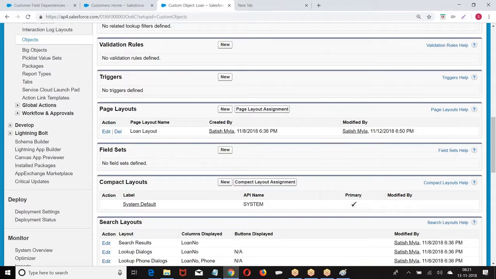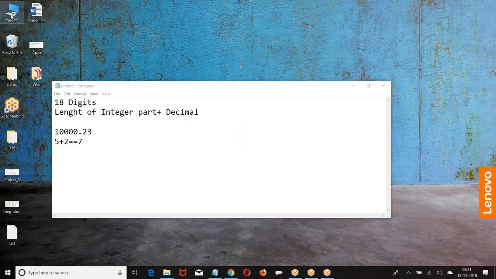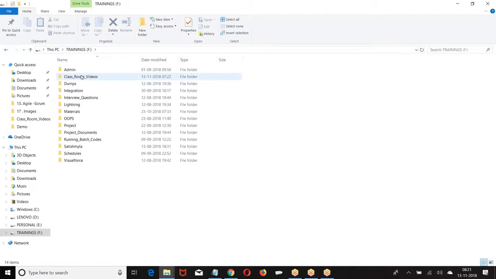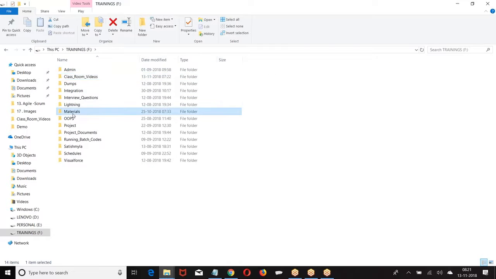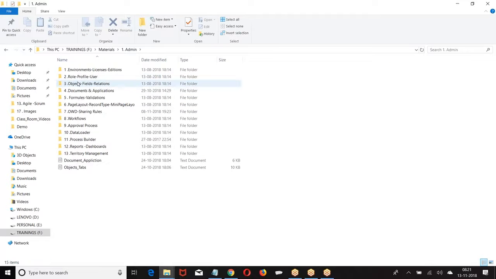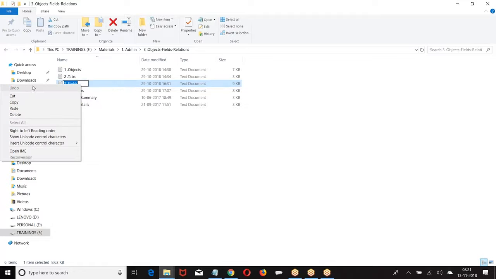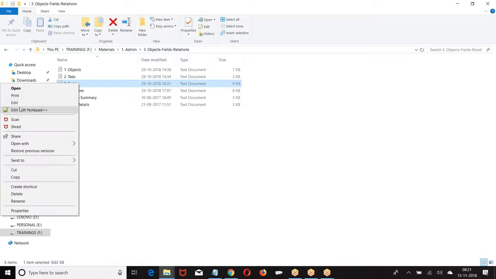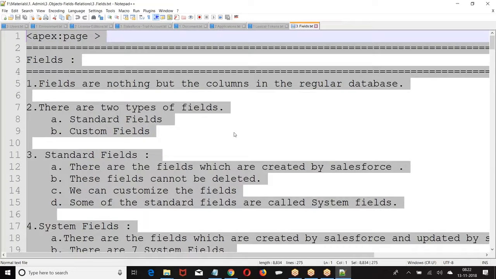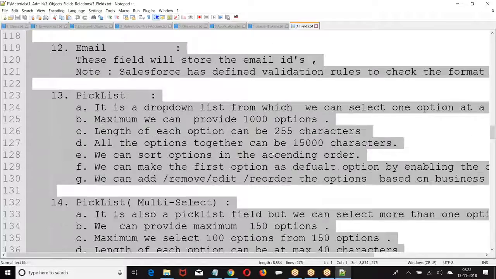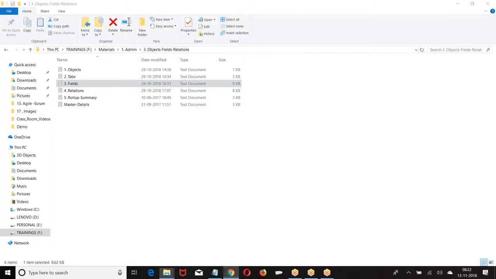Okay. Now this is the basic fields we have created in the object. I hope everybody is good with this. So hard copies are given, but for a classroom, I just yes.